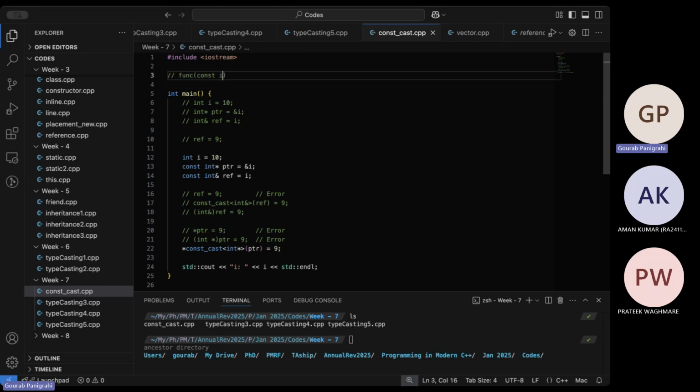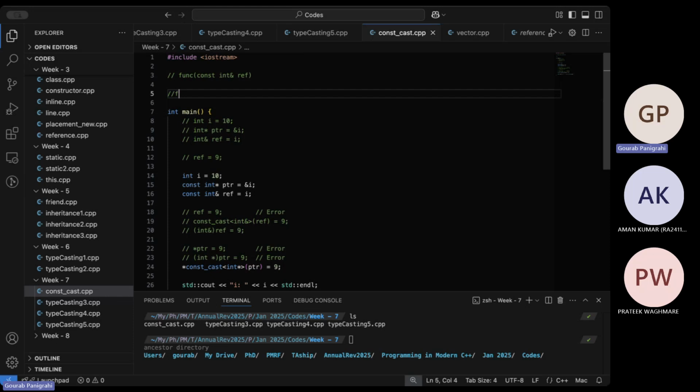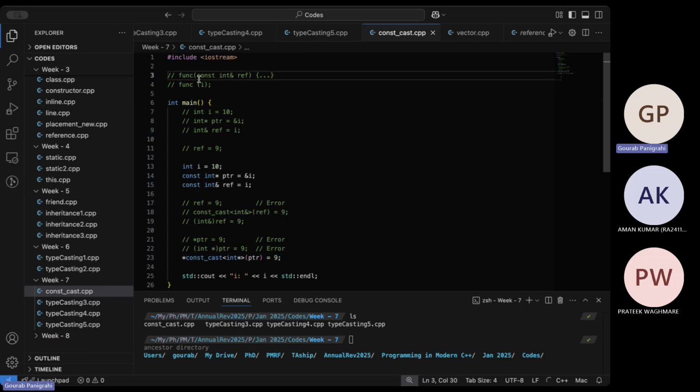Could be const int ampersand ref. And while calling the function, I'll just call it as I. Okay, so here let's say I have some body to do the code. Right, so the idea is that I itself is defined to be not const, but while passing to ref inside the function, it will be constant. You can't change it. Now,